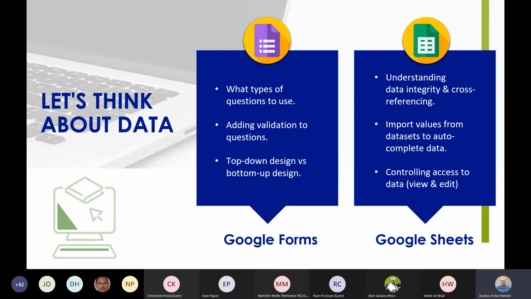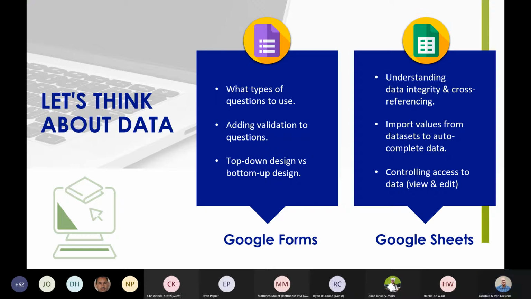Now, this data integrity was the thing that we were talking about in the beginning, about not having multiple entries, but trying to make sure that there's a correlation between our entries. And the cross-referencing thing, I think this is where Google Sheets, in my mind, just becomes an absolutely amazing tool, an incredibly powerful tool. And you'll see what I mean by that when we get there.